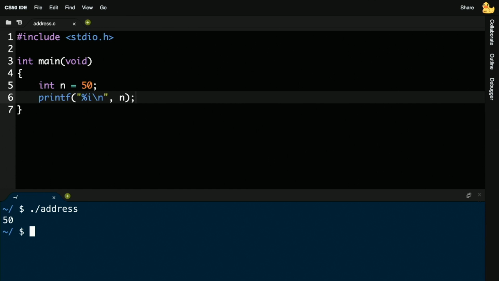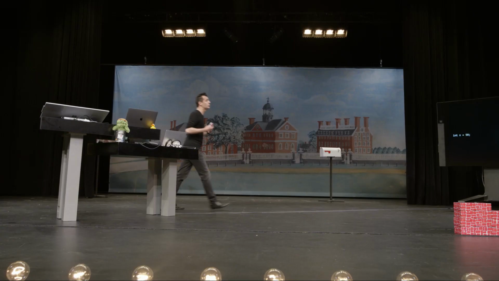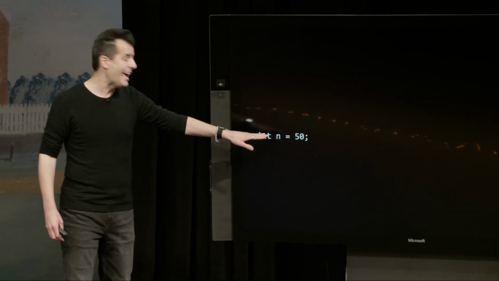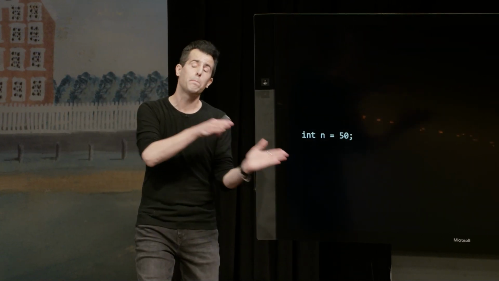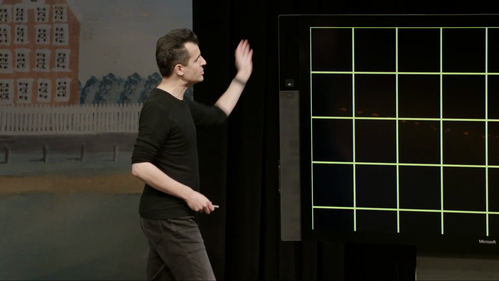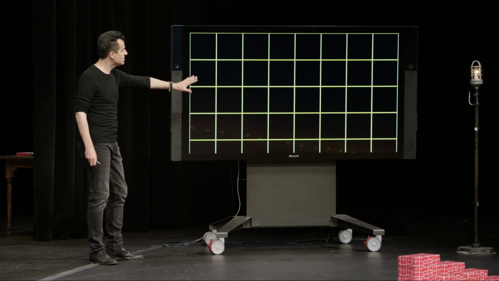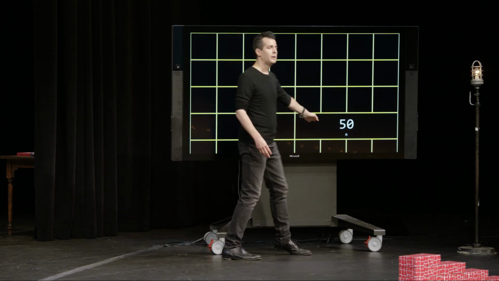But today, we're going to give you some more tools with which you can actually start poking around your computer's memory. But let's first consider this line of code in the context of your computer's hardware. So if you're writing a program with a line of code like this, that n needs to be somewhere in your computer's memory. That 50 needs to be put somewhere in your computer's memory. So if we again consider this to be just part of our computer's memory, a few dozen bytes, well, suppose that that variable n happens to end up down here.